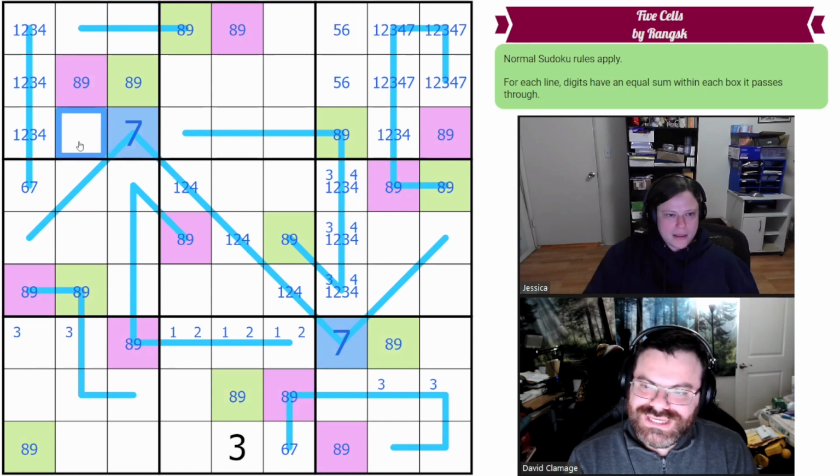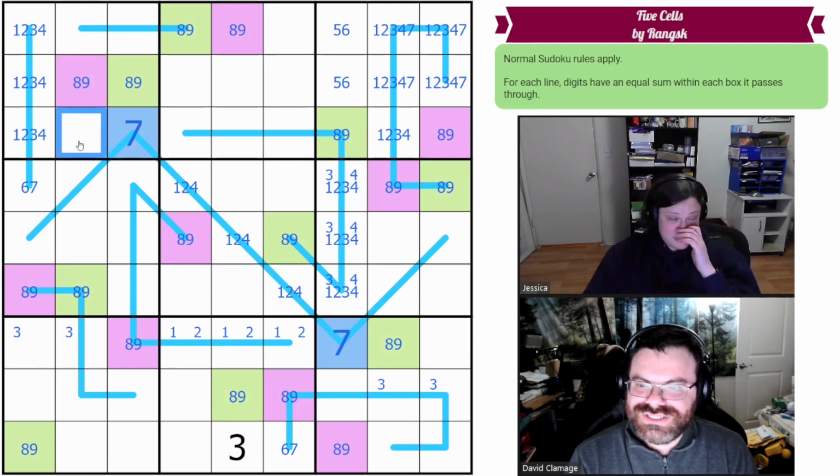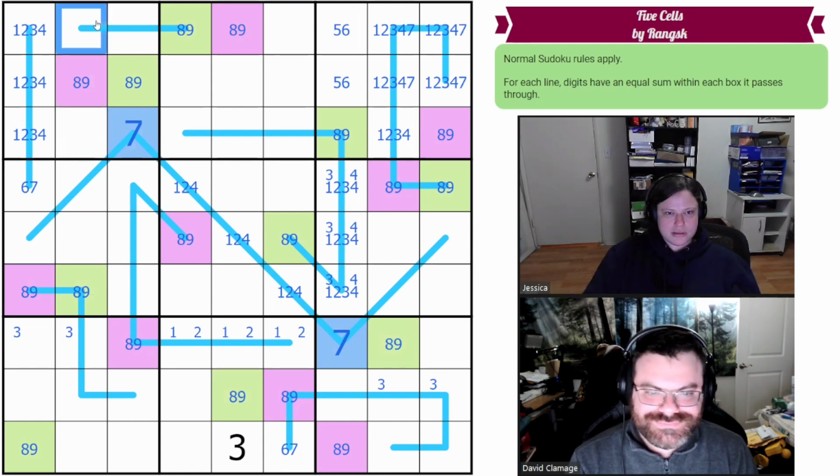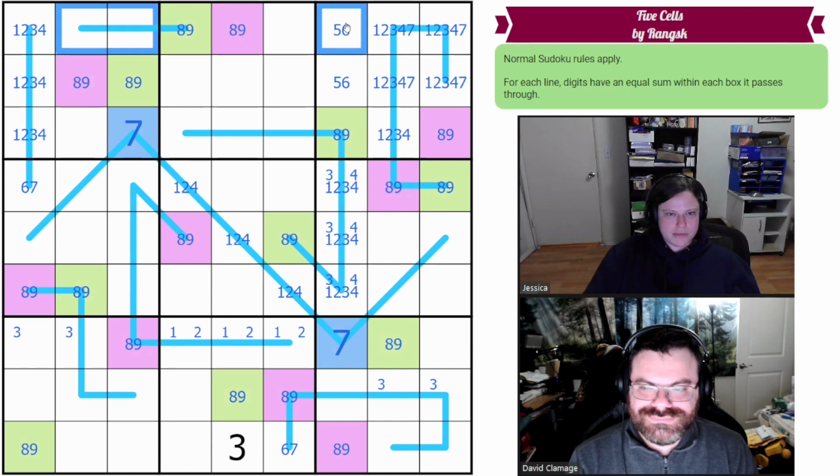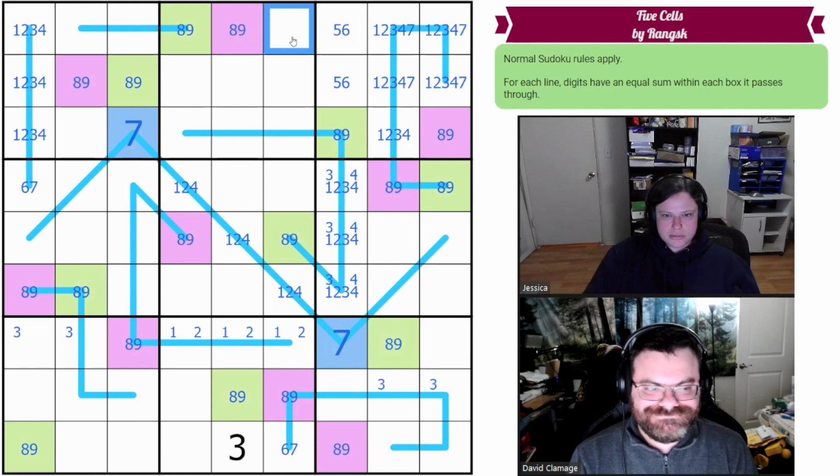Yeah, you've got the 3 or 4 that's missing along with 5 6 in those 3 cells. Which means I sort of have a virtual 5 6 pair. Which isn't extremely useful, but